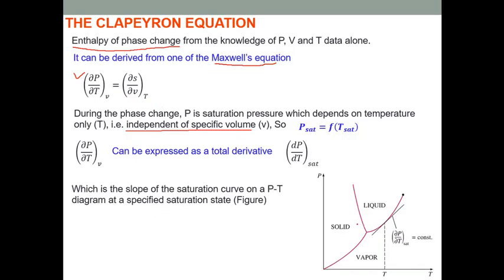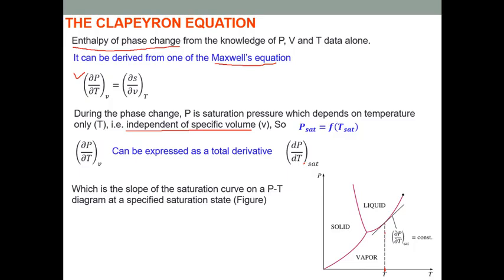So if we look carefully at the PT curve of the phase change, the curve you studied in Thermodynamics 1, where we have three different phases: vapor, liquid and solid. Let's say for the phase change process, at any temperature, let's say this is the T saturated temperature. For this T saturated temperature, if we take a curve on the PT curve, then that will be a derivative now. That's a slope, so the slope is a constant. So for a given temperature, this term is the slope of the PT curve.